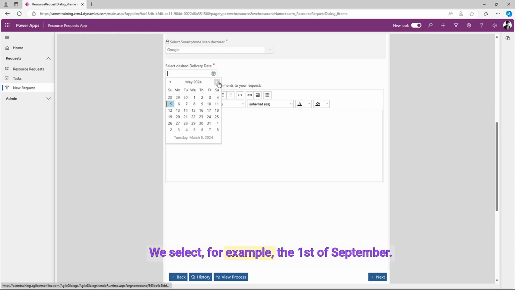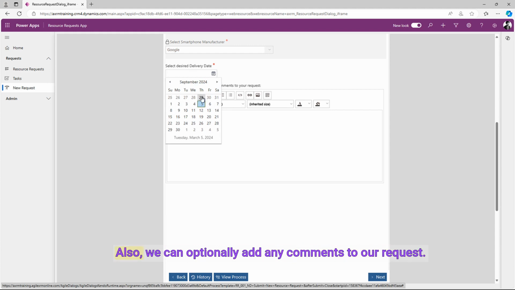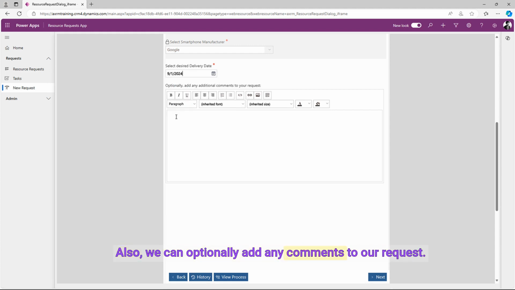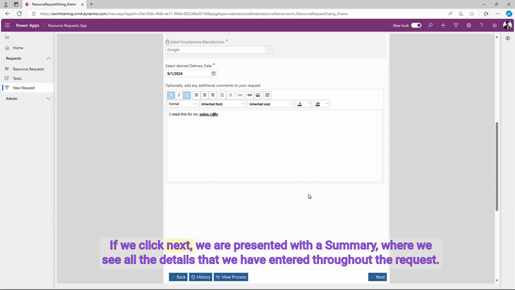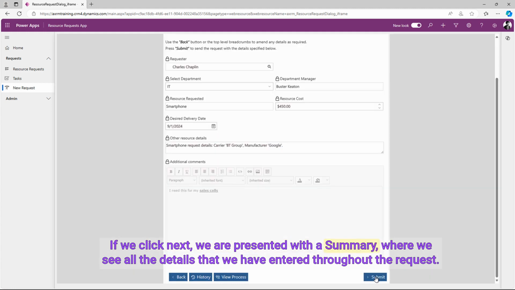We select, for example, the 1st of September. Also, we can optionally add any comments to our request. This is a rich text control where we can style our text. If we click Next, we are presented with a summary where we see all the details that we have entered